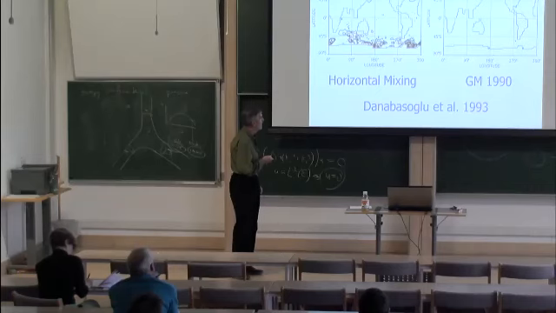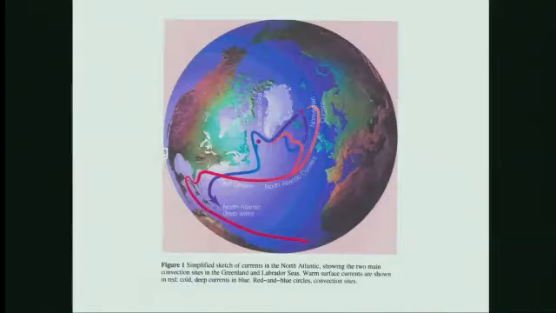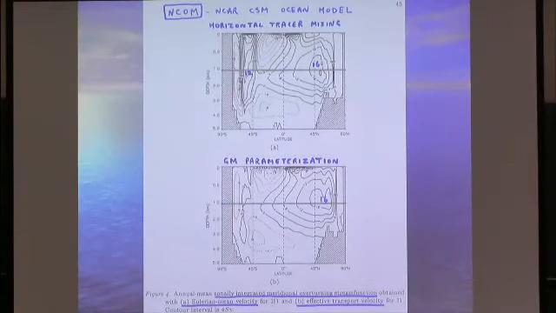So, let's go back here again. Another thing that changed when we did this parameterization is that this overturning circulation in the North Atlantic transports quite a lot of heat polewards. The ocean and the atmosphere have to transport heat polewards. If there was no transport,